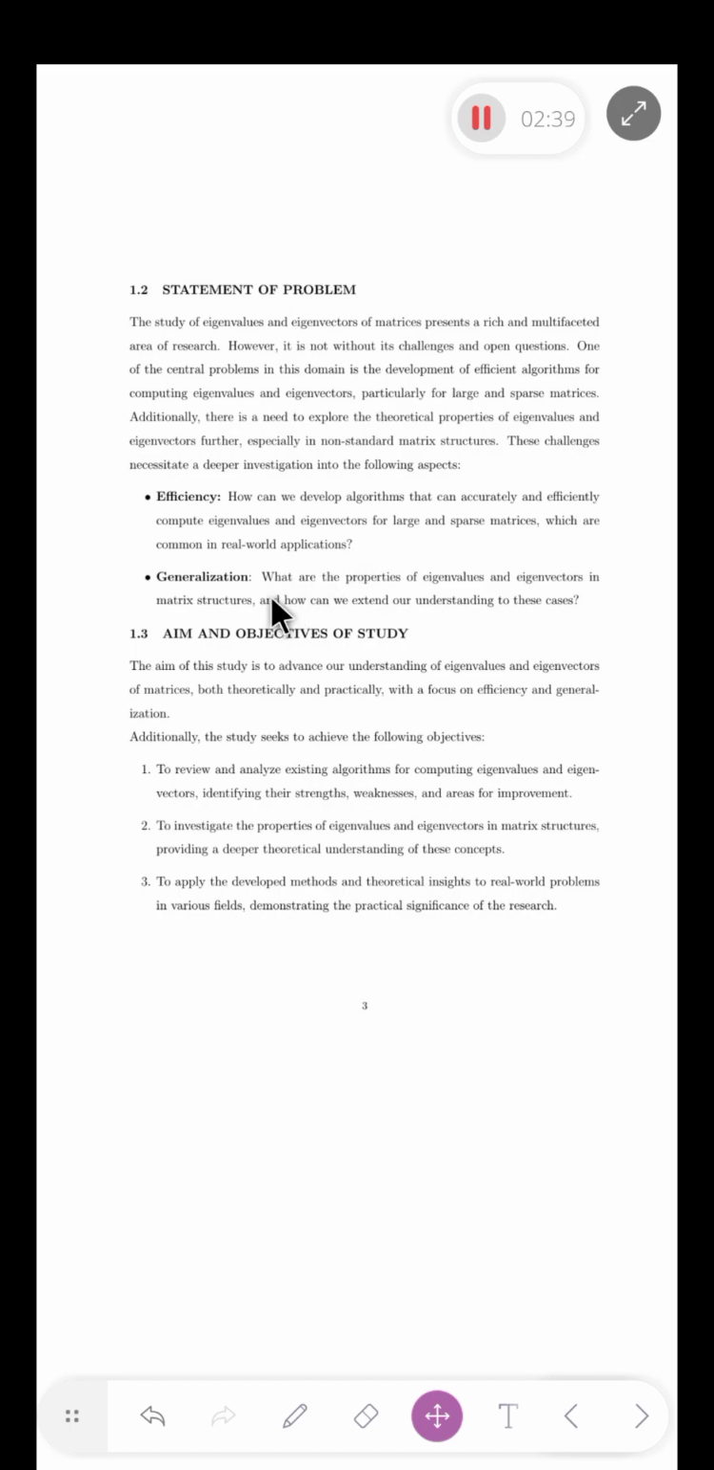And also, in generalizing, by the time we come straight to generalization, we also come across a problem which says, what are the properties of eigenvalues and the eigenvectors? What are their properties when it comes to matrix structure? And how can we also extend our understanding in this case? So I think this is clearly seen